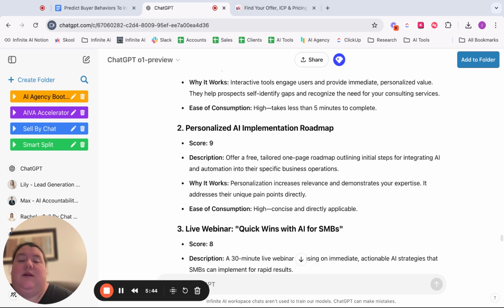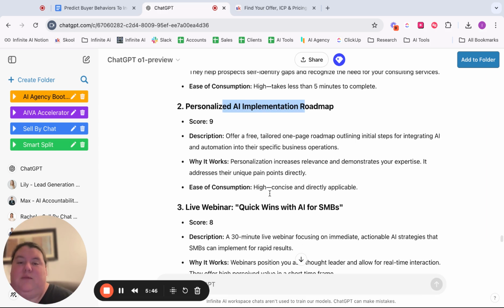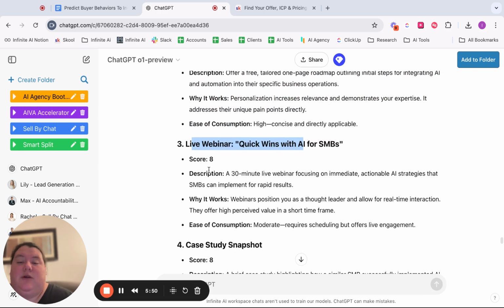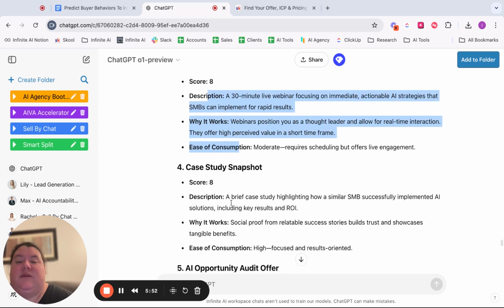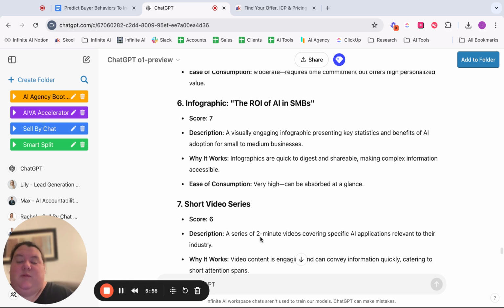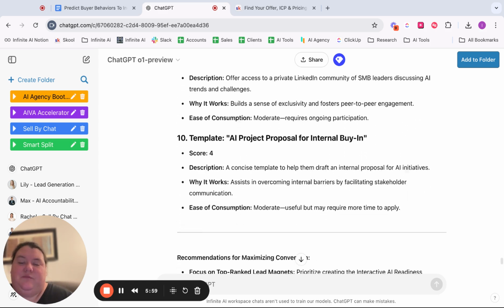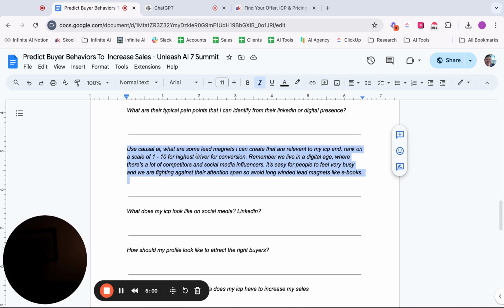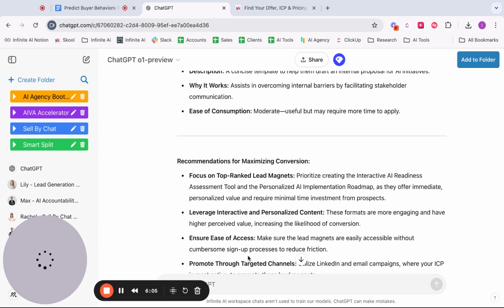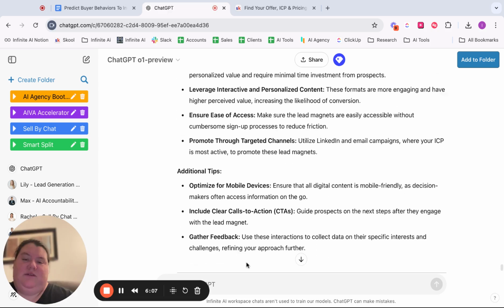The interactive readiness tool, personalized AI implementation roadmap. It tells you all these things. Live webinar. It also tells you how to create it, how to implement it, all of that. And then it gives you some additional things. But maybe you want something a little bit more interesting, right? So you say